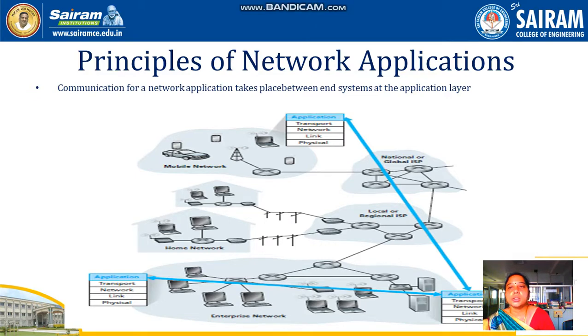Yes, this is about the architecture principles of network applications. As I said, in the OSI layer it is at the top. Here they have visualized the TCP/IP model, in which only 5 layers are there: application, transport, network, link, and physical. With the application layer only, we are opening our Chrome. With the help of the application layer, we are opening our Chrome and typing the data and sending it to the destination or our friends through mail or through any other protocols.